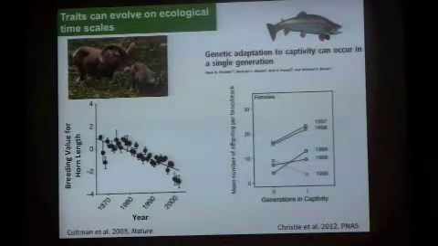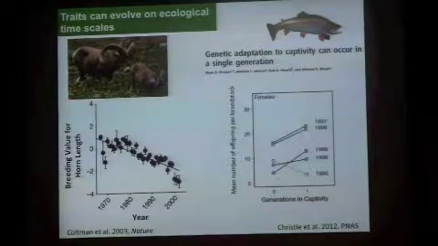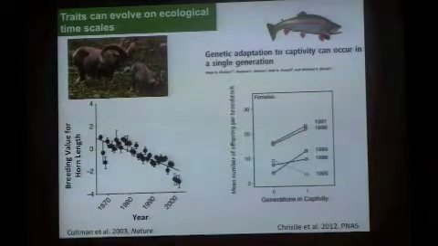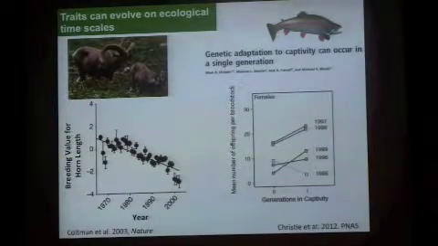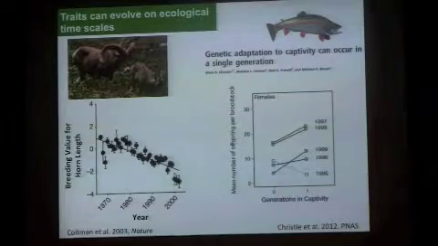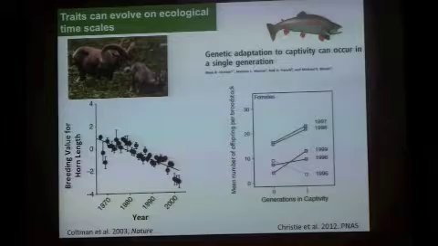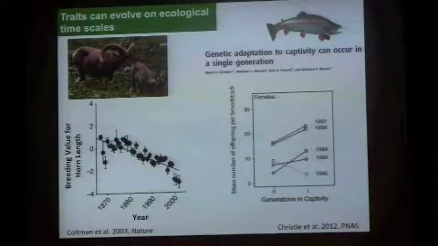So this is an example with trout that are kept in captivity. The trait here on the x-axis is just the mean number of offspring per broodstock. The trait doesn't really matter so much. What matters is that if you look at 0 generations in captivity versus 1, these trait values change over that 1-year time span. So there's an evolutionary change in just 1 year in captivity. It's not always in the same direction, but there's always a change over that 1 year. And so that suggests that these evolutionary changes happen really quickly, in just 1 generation.